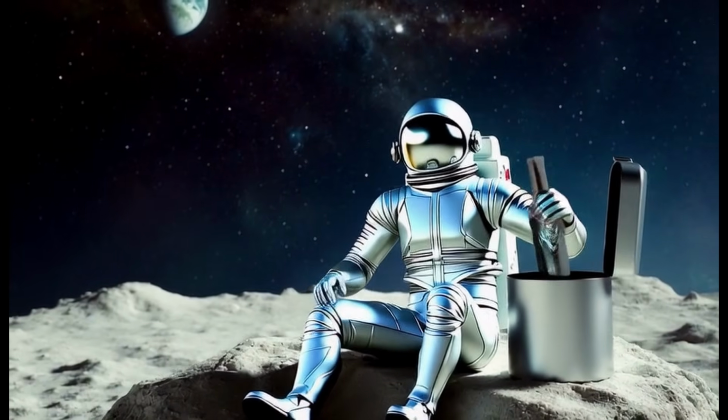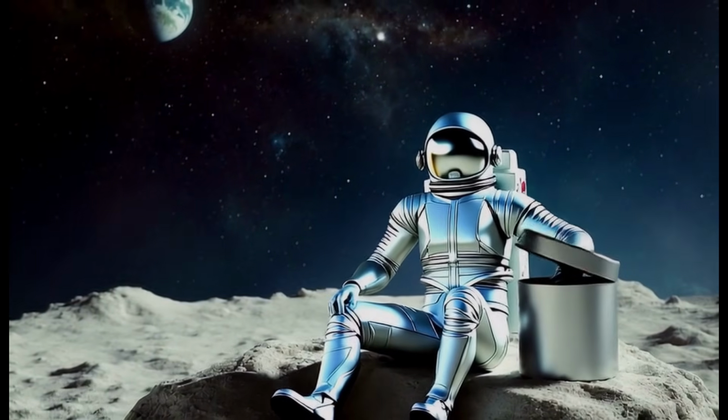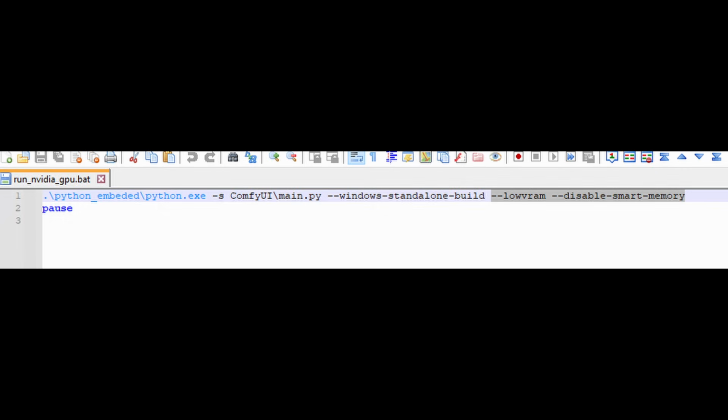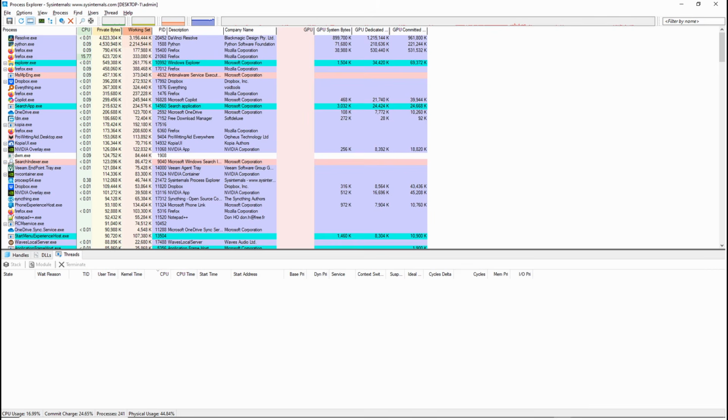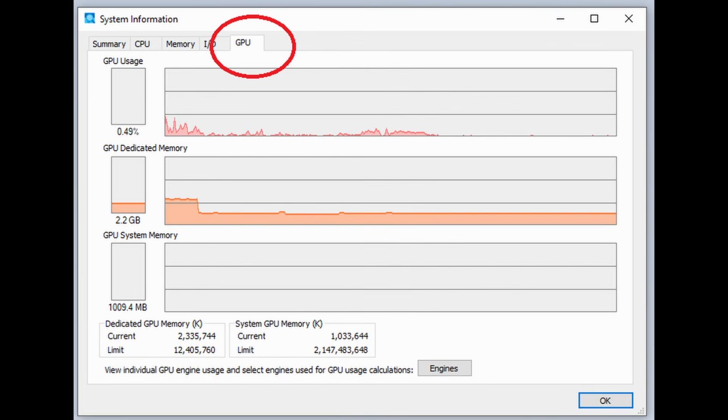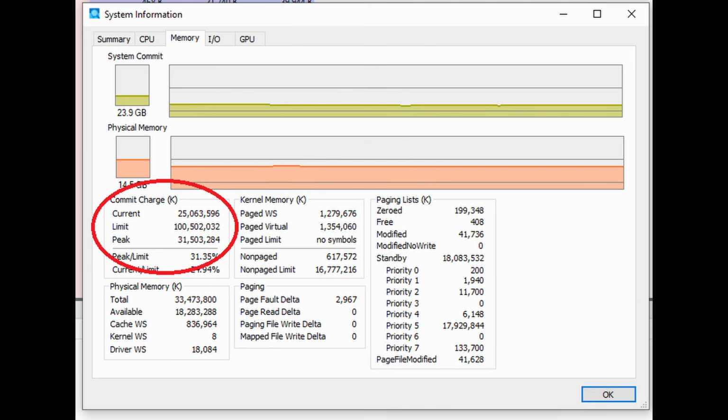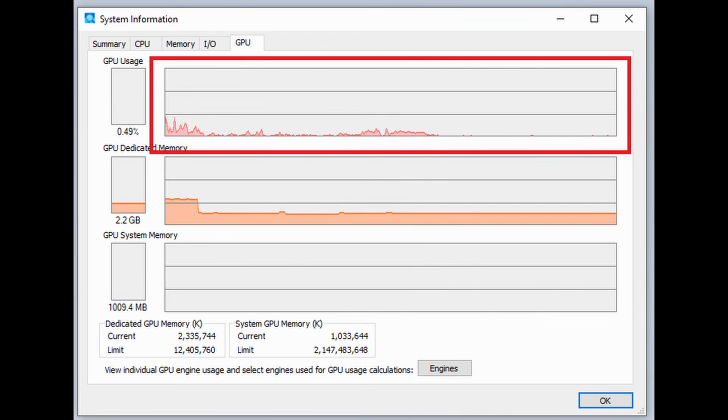So that is trick 1, 2, and 3. Let's recap before I show you number 4. Number 1, put the flags in Comfy UI and see if it stops those OOMs a bit. Actually, to be honest, they don't stop them so much as I can run again and get past some of them. I still get OOMs, but it lets me push through them, mostly. Number 2, use Process Explorer to drill down into the memory activity to watch the GPU, the offload, the RAM, and the swap file activity. Watching it, you start to get a feel for how it looks when it's going good, bad, and ugly.